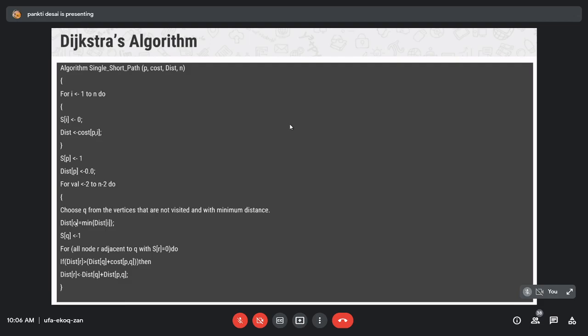So it will take omega n time. Therefore the for loop iterating over the values takes omega n cross n time. That's why the complexity of this algorithm is omega n square: omega n from here and omega n from here, so total is omega n cross n. So the final time complexity of single source shortest path is omega n square. This is the algorithm for single source shortest path, or Dijkstra's algorithm, and the complexity is omega n square.